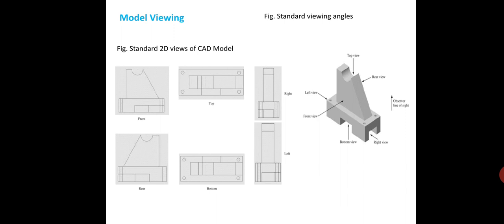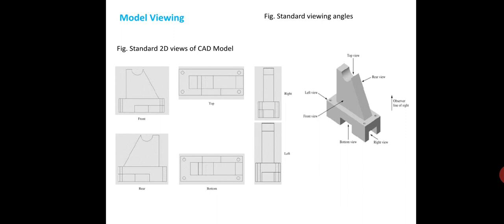You can see here in a diagram, the observer changes position in the model coordinate system while the model maintains its original orientation. This effectively lines up the view with the plane of the computer screen. The geometric transformation that generates the orthographic views is covered later, and an infinite number of views can be defined for a model.